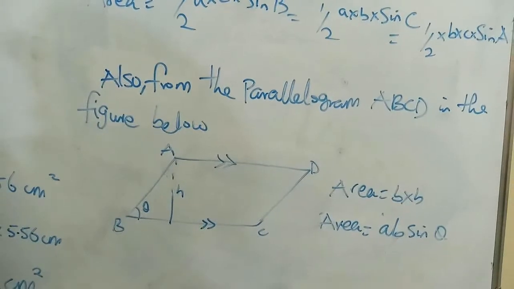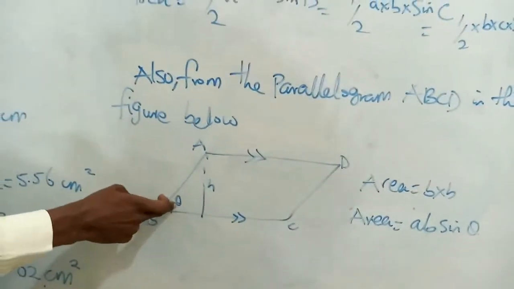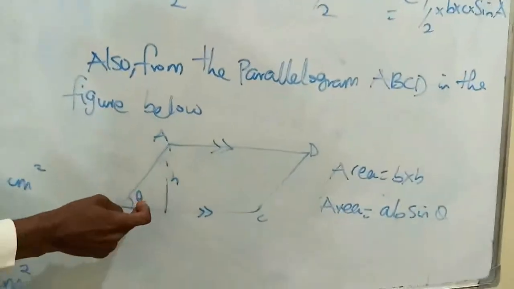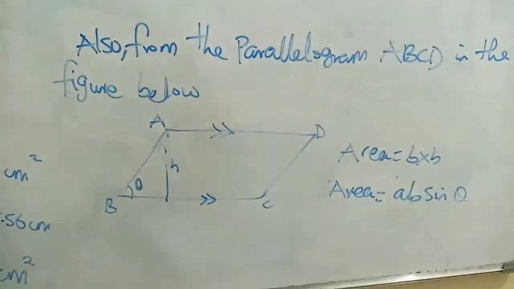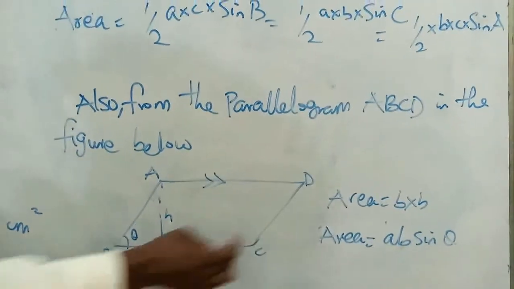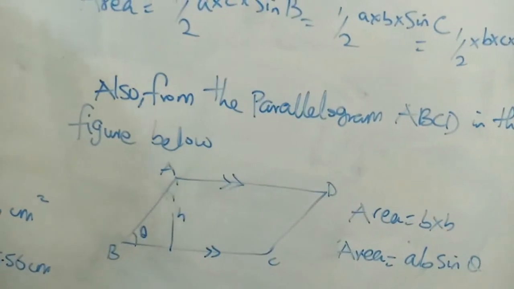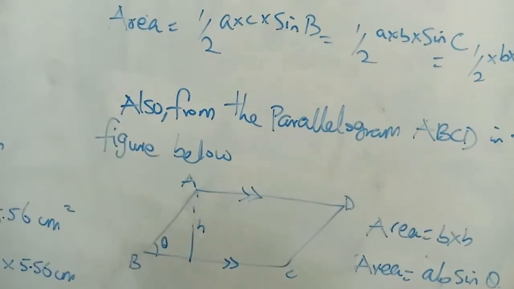In the case where the height is not given, we use our area to be AB sin theta, because if we make substitution, our H will give us A sin theta. So we either use base times height or we use AB sin theta for calculating the area of a parallelogram. Now let us apply our formula